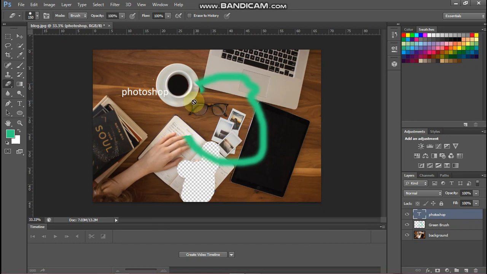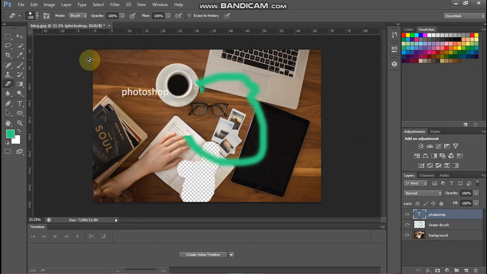So, till now you have seen I have created this image. I have edited my original image and I have written text over it and this green pattern I have designed. So, now I have three different layers on this image. I will tell you how to export or save this image and you can use it.